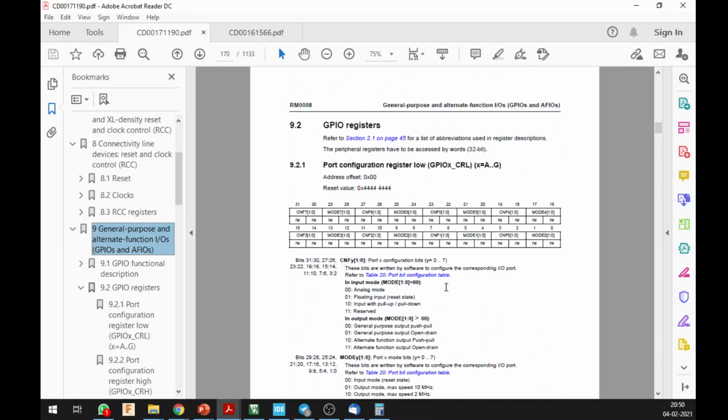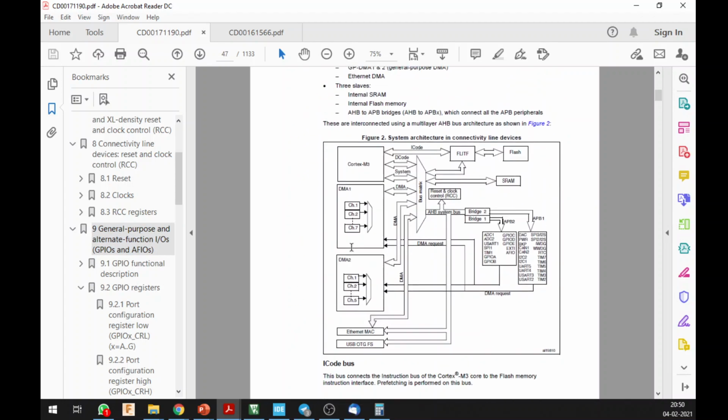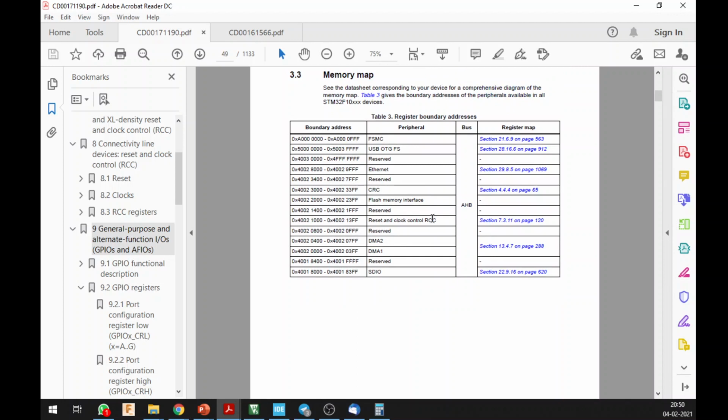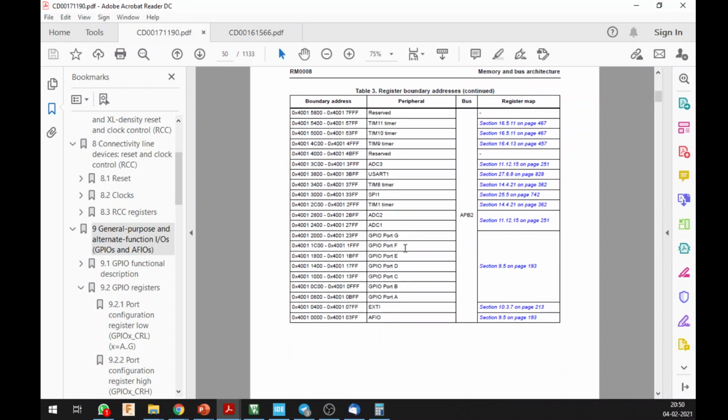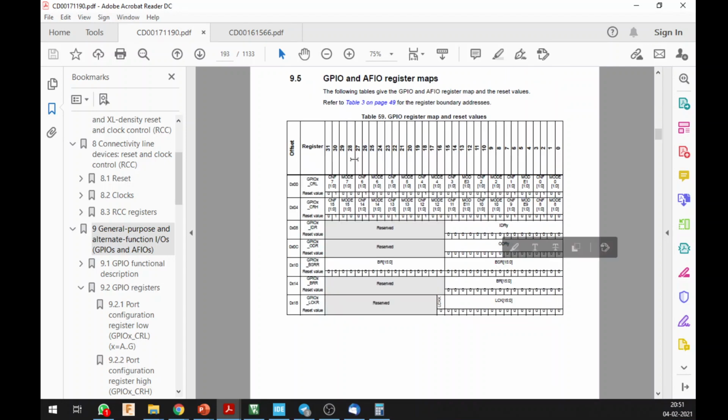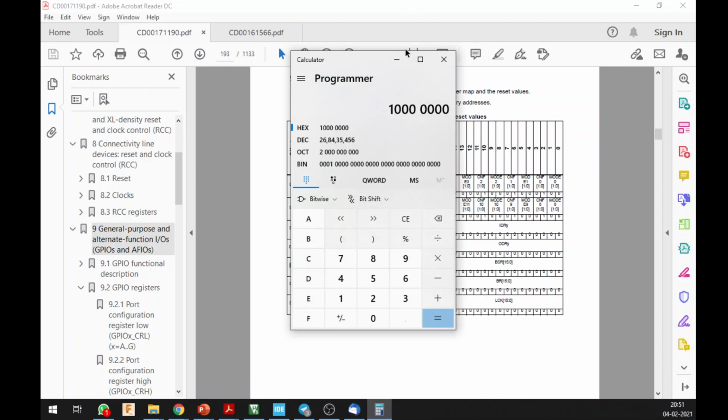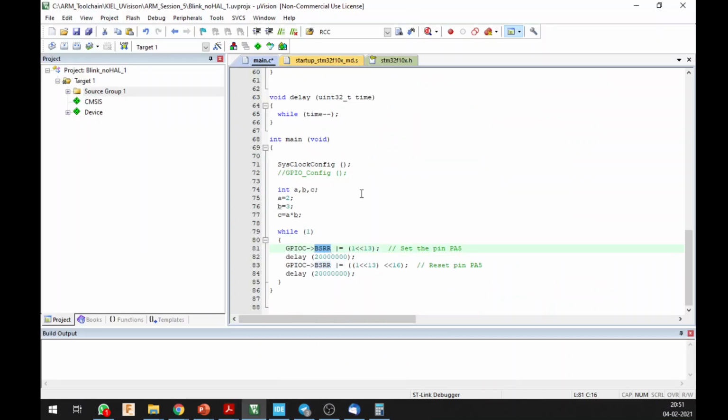Alright, or if you just want to see the base address, you go to this, you come over here, and I think it will be showing you the memory of this. Yeah, so this is all the peripheral memory map, and then GPIO port C. Then you saw that base address, it's going to start at this particular address, and these are basically the register maps. So offset, if you are going to see the BSRR, we started with a certain value. You just add 10 to that in hexadecimal, use your calculator, and you can check it in that particular register using the memory watch method that we were doing while debugging.